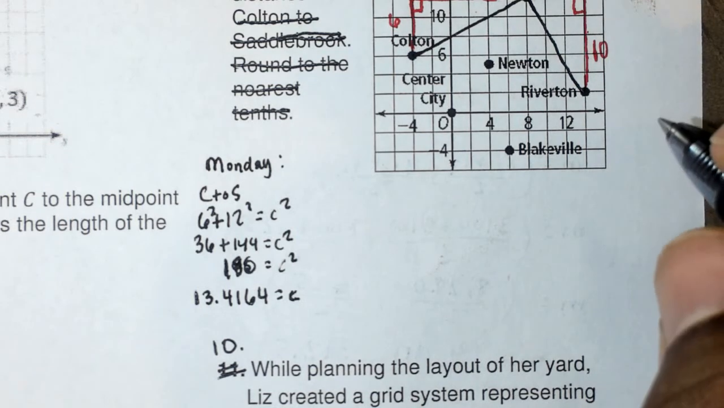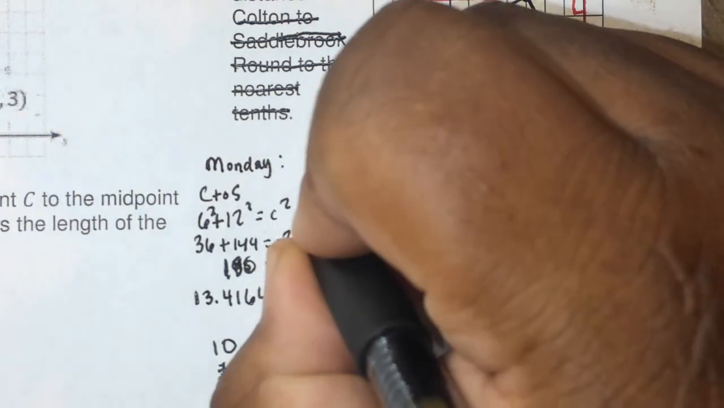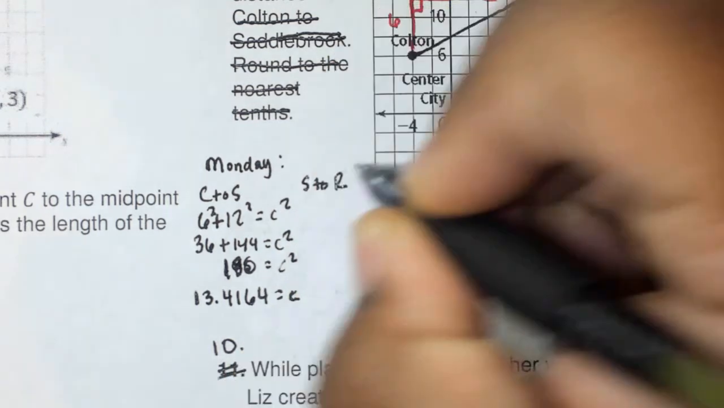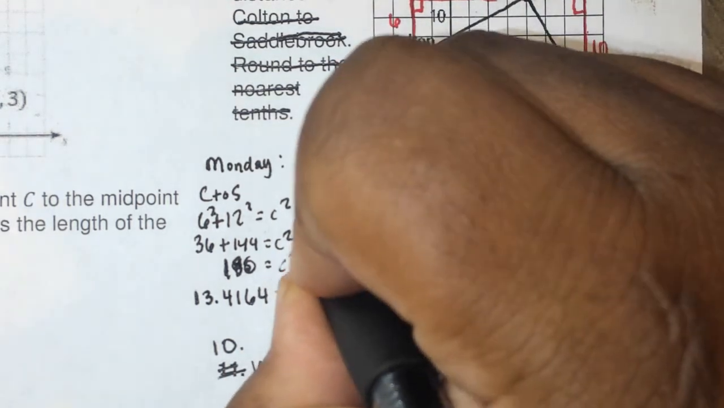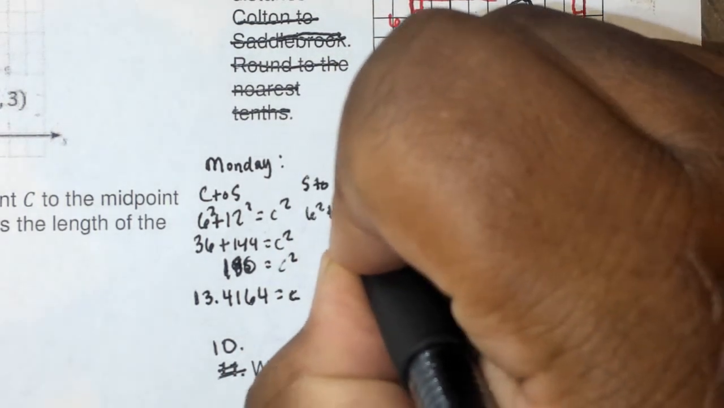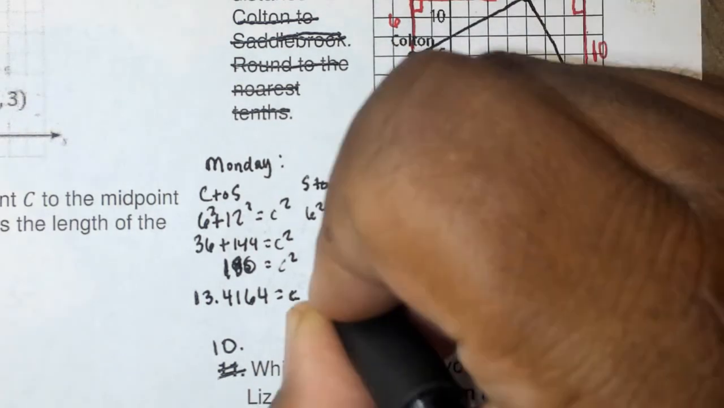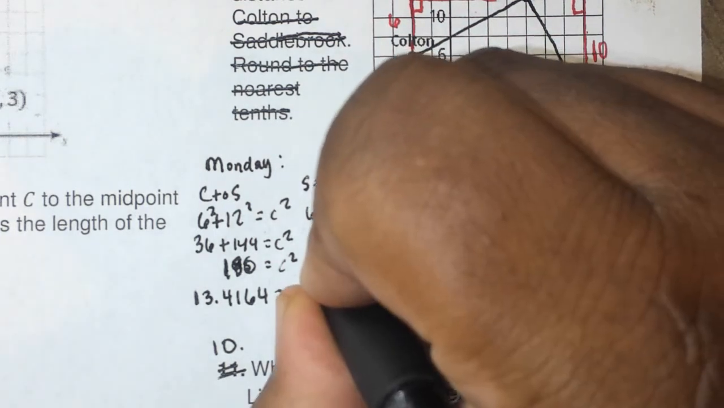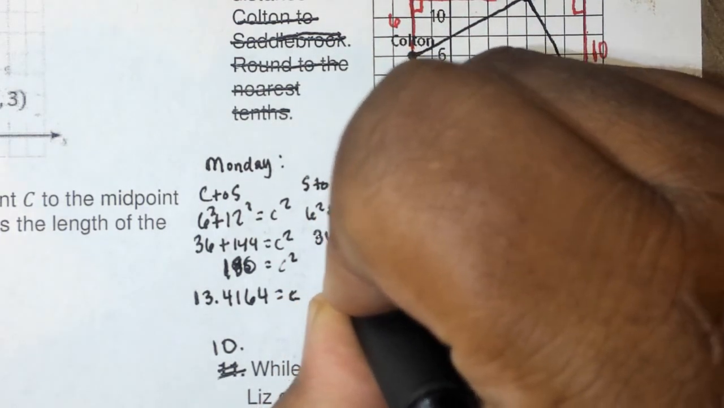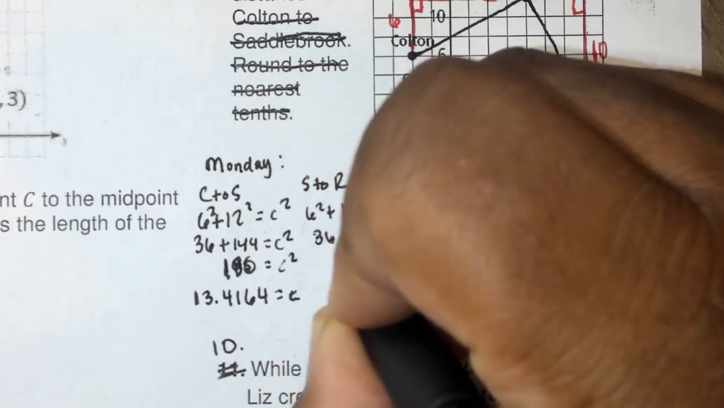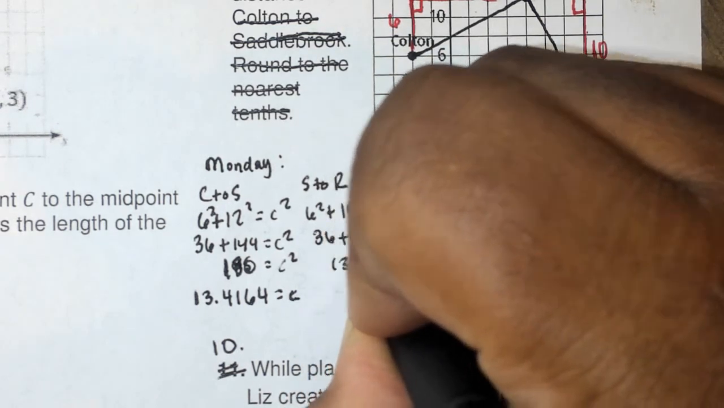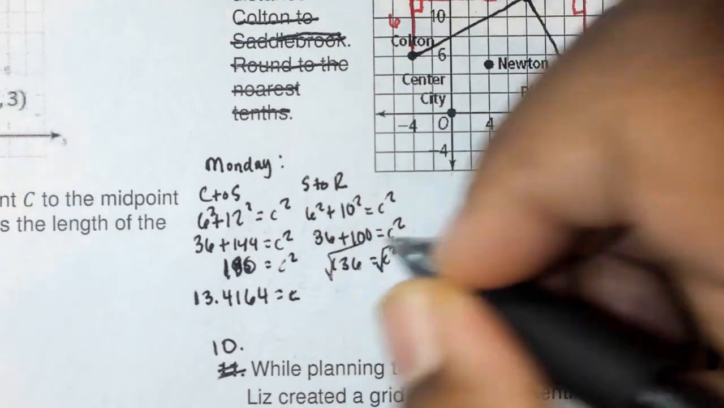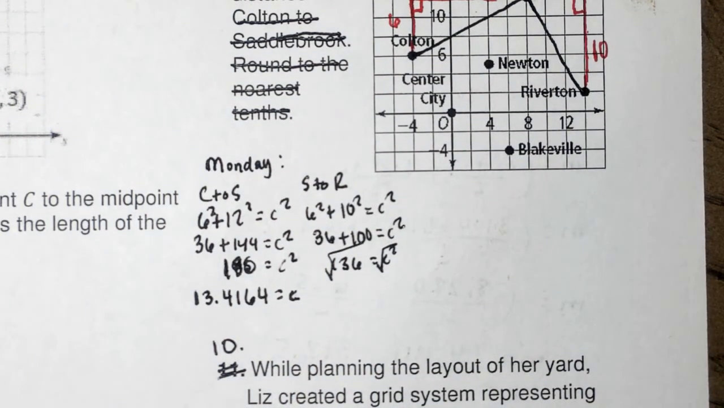Then I need to do Saddlebrook to Riverton. Saddlebrook to Riverton is going to be 6 squared plus 10 squared equals c squared. Sorry for writing small, but I'm trying to save space, y'all. I didn't give a lot of space for this problem. 36 plus 100 equals c squared. That's 136 for c squared, so I take the square root of 136. And I get